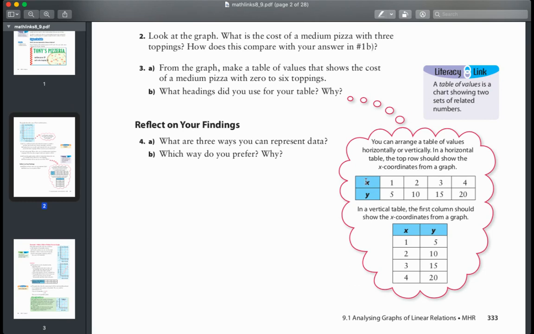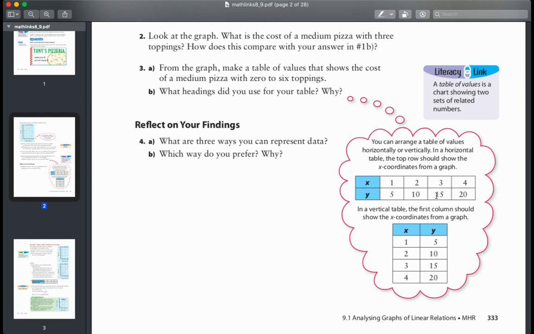And the way this table of values works is just saying when x is 1, y is 5. When x is 2, y is 10. When x is 3, y is 15. When x is 4, y is 20. So instead of a graph, it's just a table of numbers or values that describe the relationship between x and y. And I think if you look at this relationship, you'll notice that the pattern in this relationship is that y is always